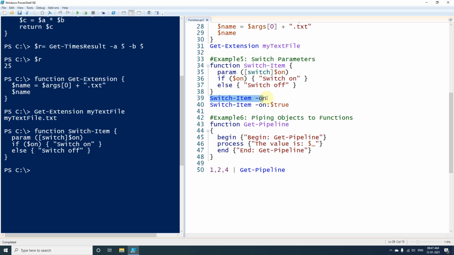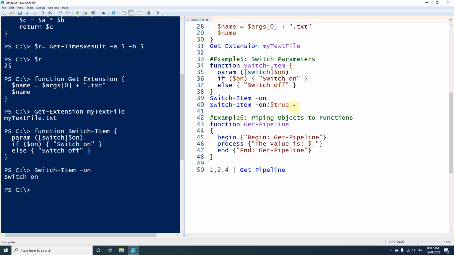So let's execute this line. Here you can see I have passed the argument, so that is the reason this condition is getting satisfied and we are getting this line printed. In the same way, if we want to pass any value, we can use colon and after that pass $true. And if we want to make it false, then we can use $false here.